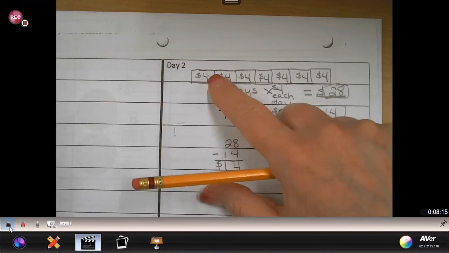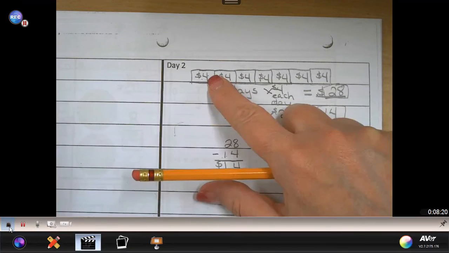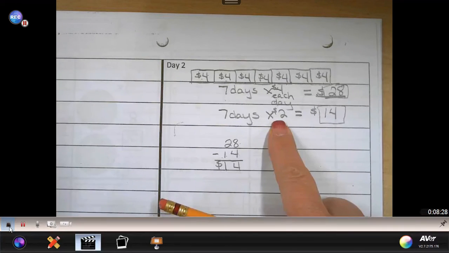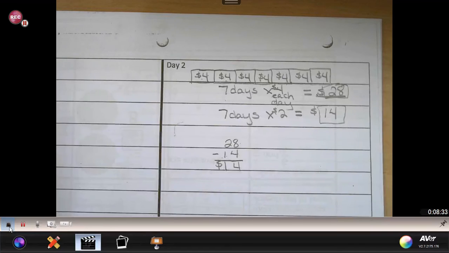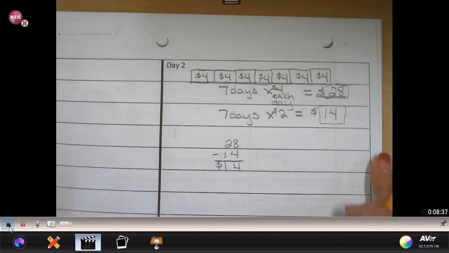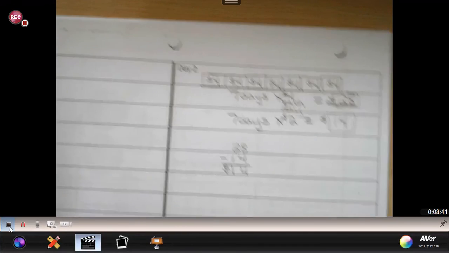Because if I take $2 out of each one of these days that he's working, he's only really making $2 a day since he's getting 2 of those dollars taken out each day. So we can say that Joseph will keep